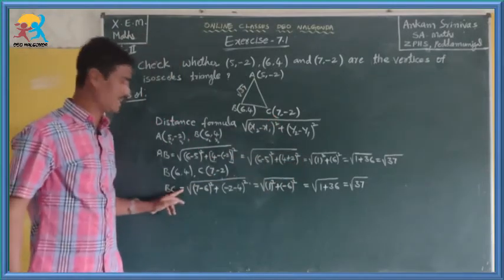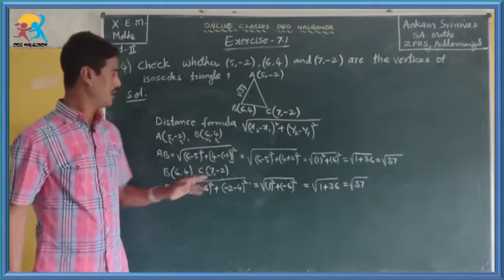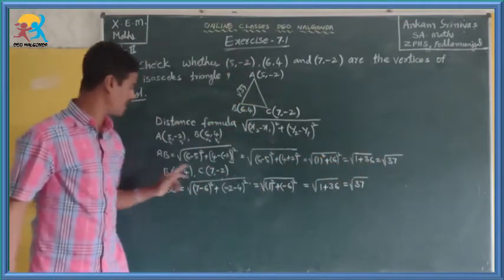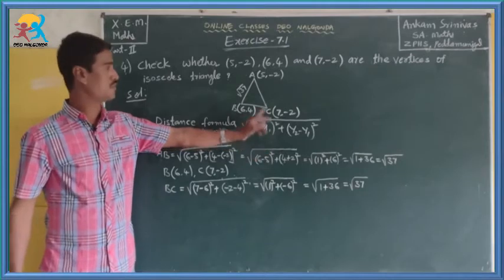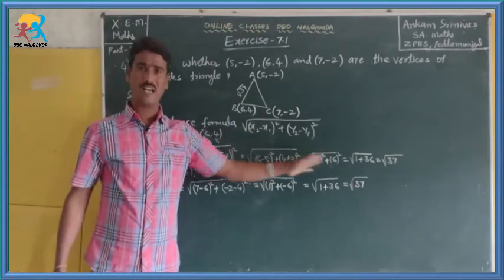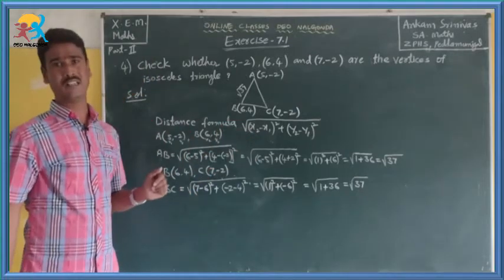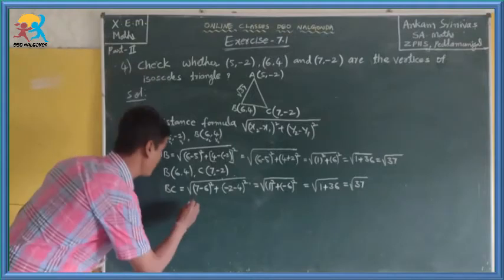If AB and BC lengths are not equal, then we have to find the length of AC. Already two sides, the length of AB and the length of BC, are equal. So if two sides of a triangle are equal, it becomes an isosceles triangle. So then you stop here, you can write